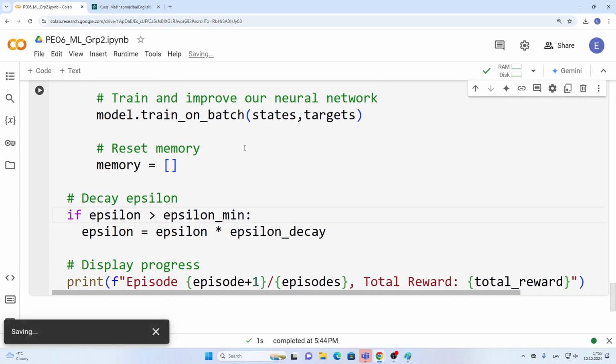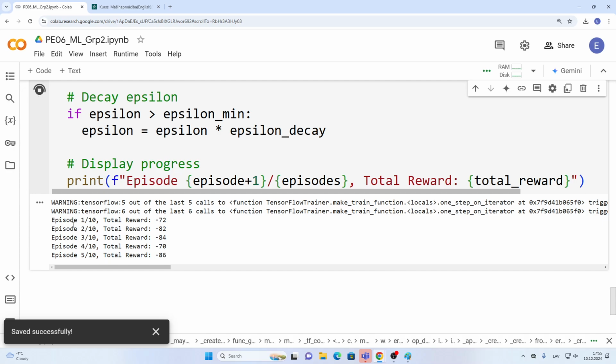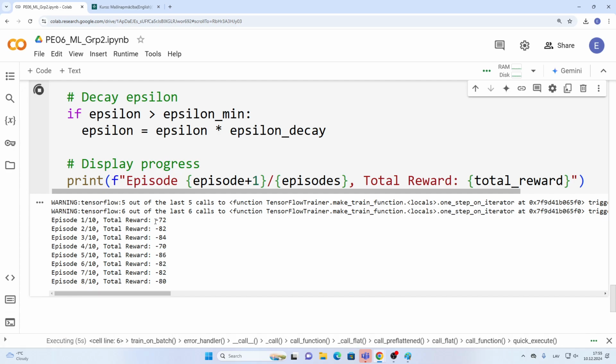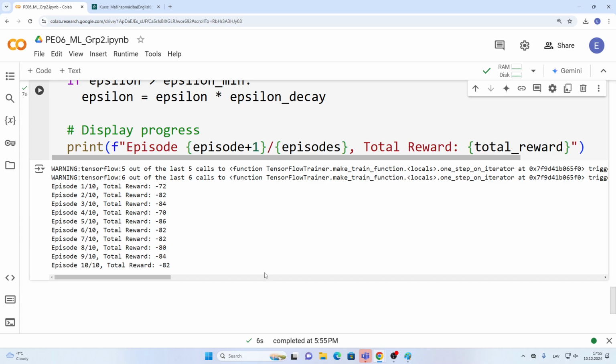Yes. So if I run this code now, you can see that it keeps you updated. Yes, that episode 1 total reward this, episode 2 total reward this. And you can see that it's actually working. Yes. Well, it worked pretty fast because I have specified small parameters. But if you specify more parameters, it will take much longer. Yes. Before we go further and finalize it,